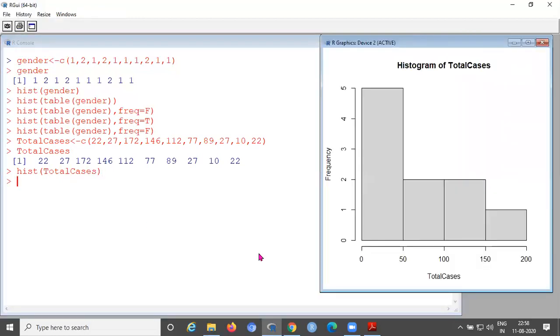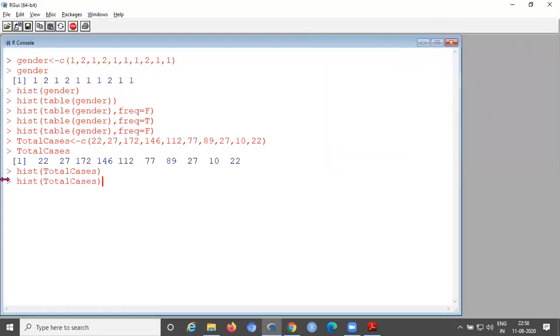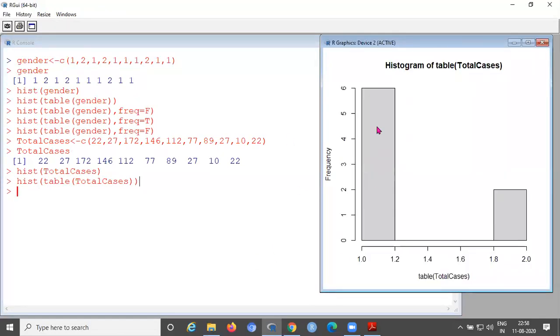Now you can see. Then with absolute frequency, use table of total cases. See the difference. This is the absolute frequency, with headings. You can see Histogram of table total cases. The axis is also labeled.